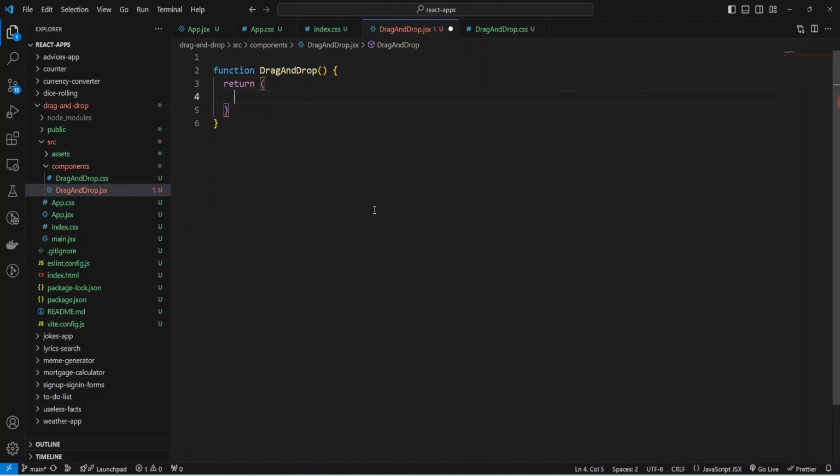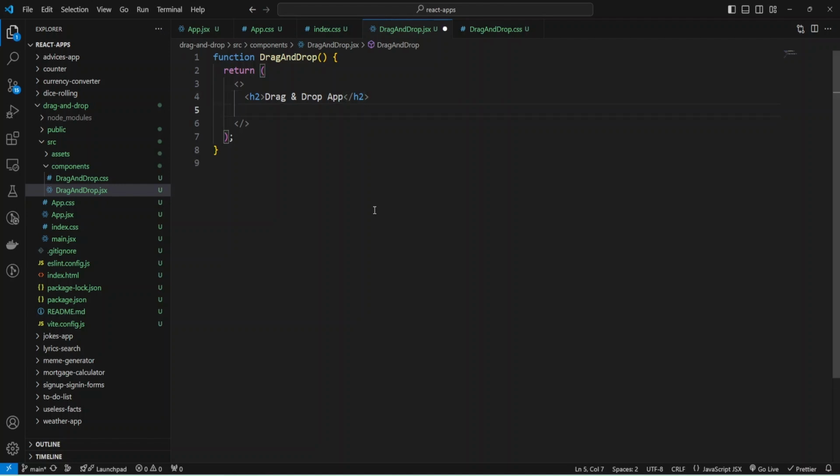We can write our JSX, and I'm going to use a React fragment, and inside this fragment I'll place an h2 tag with drag and drop app.